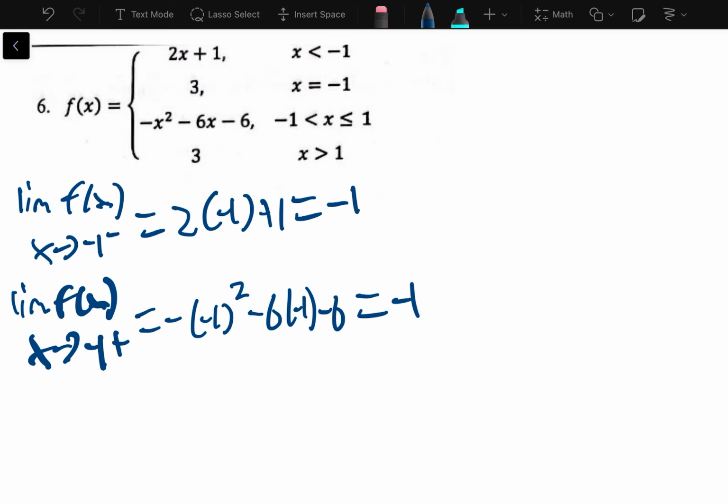But then, that means the limit of f of x is negative 1, right? As x approaches negative 1, it's negative 1. That's the limit. But we have here that when x is negative 1, in reality, the answer is 3, right? The y value is 3. So then we know that there's a hole